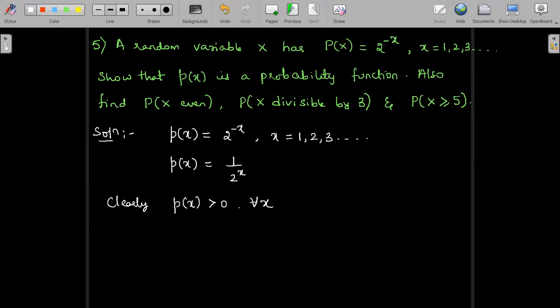So how did we write this directly? Observe when I start values from X equal to 1. When x is 1, this is 1 by 2, which is 0.5, a positive value. When x is 2, this is 1 divided by 2 square. 2 square is 4, so 1 by 4 is 0.25, again a positive value. So like that, this keeps on repeating. Though it is a smaller value, very close to 0, we can simply say that it is a positive value. So P of x is greater than 0.